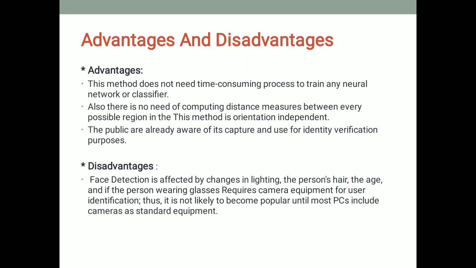Face detection becomes very necessary. One of the disadvantages of face detection is that when the image is captured in lighting, that image becomes so blurred that the person's hair and eyes are not clearly visible.